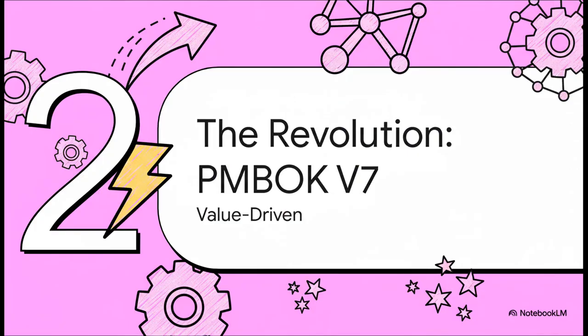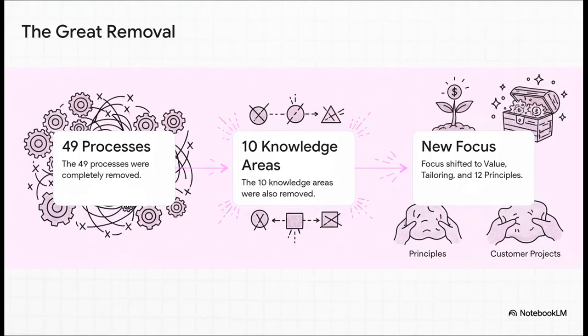So that big weakness led to a pretty dramatic, you could even say revolutionary, change, and that was the arrival of version 7. This slide just perfectly shows how radical that shift was. Seriously, version 7 didn't just tweak a few things, it was a total teardown. Those 49 processes we all memorized, gone. The 10 knowledge areas, also gone. And in their place was this brand new philosophy, all centered on delivering value, tailoring your approach, and following a